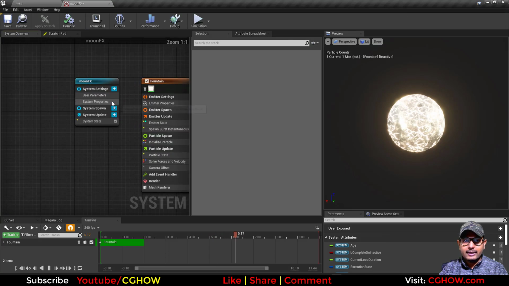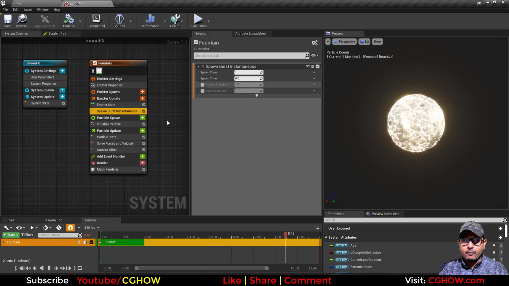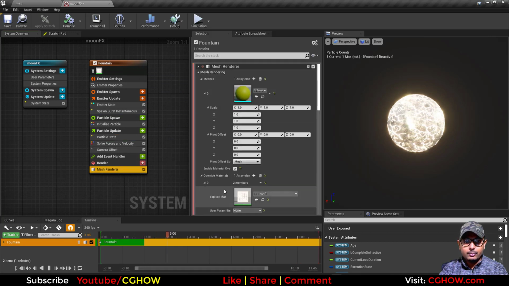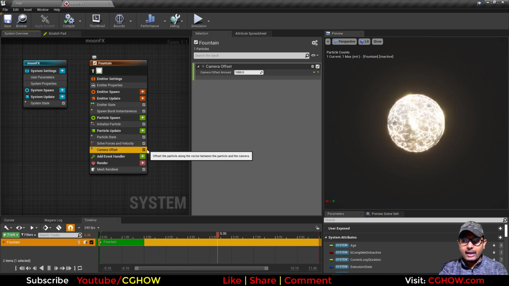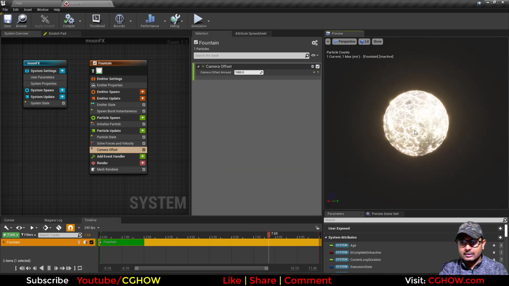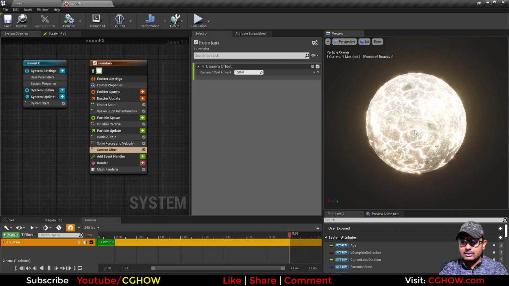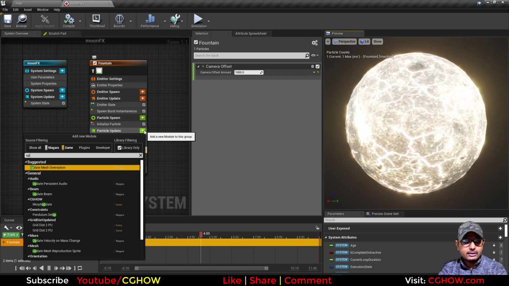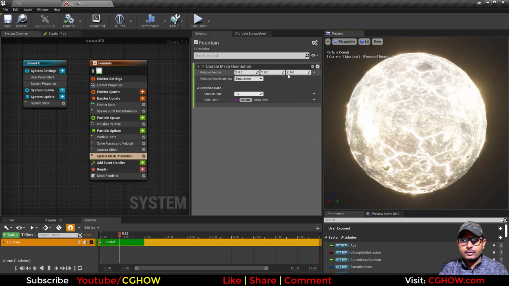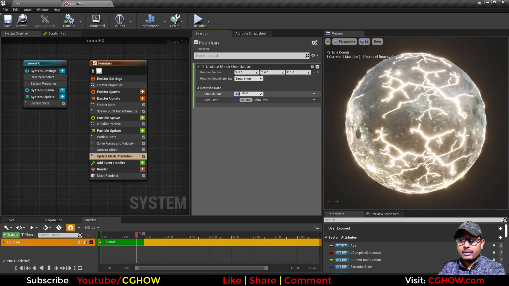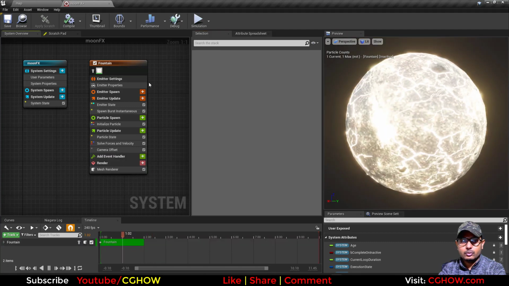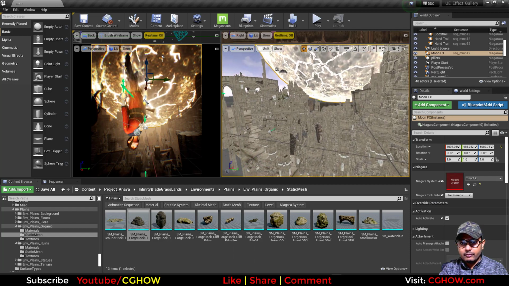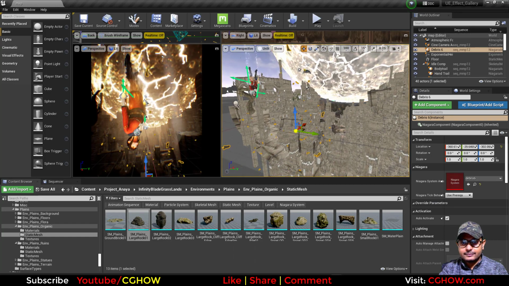So I just delete that, and in this I have just a moon, one particle which has infinite life, and it is a sphere with moon material, and I have a camera offset, and this moon has a panning texture. So you can see this texture is slightly panning, although you can rotate it from here. You can just take the update mesh orientation on Z, you can rotate, but I am panning the texture, so you can do that. Okay, and then for the environment I have these debris.